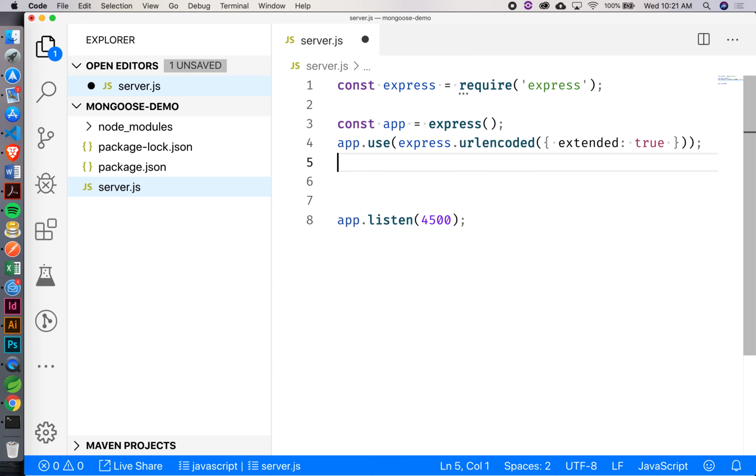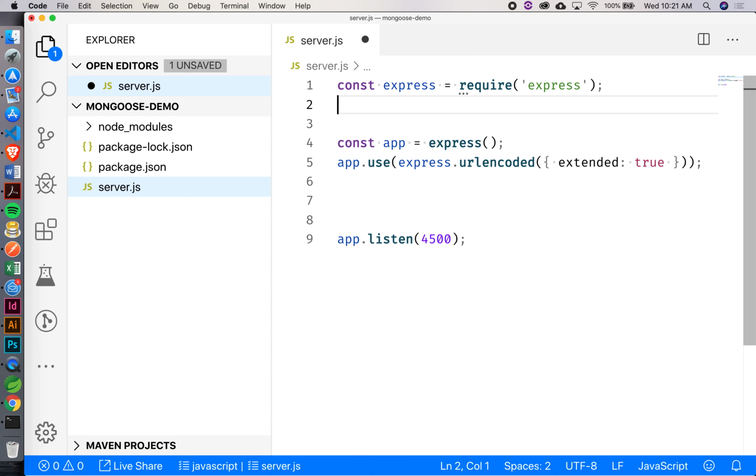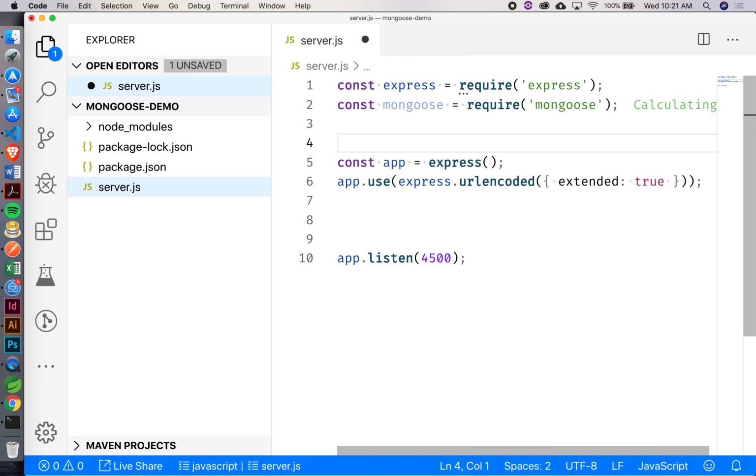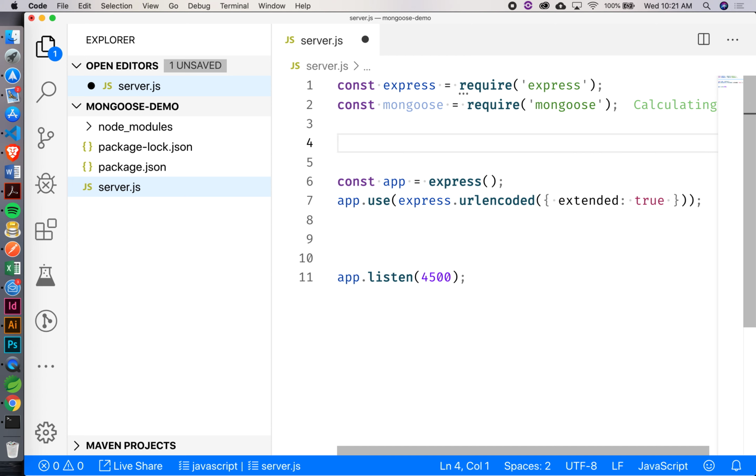All right, no worries. So in order to use Mongoose, what do I need to do? You've got to require it. Yeah, exactly. Mongoose, right? And then what's the other thing that I need to do if I'm going to be using Mongoose? Connect it to the database. We need to run the connect method, right? So we'd say